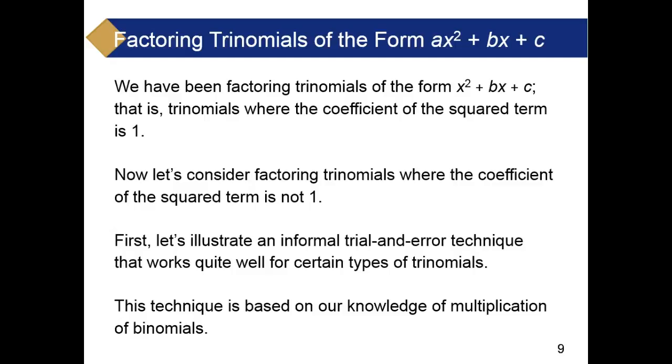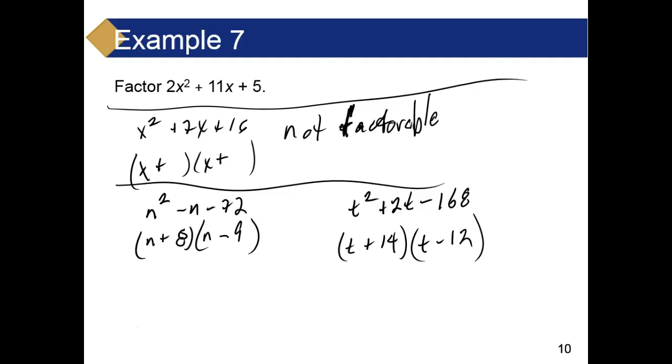First, let's illustrate an informal trial and error technique, and frankly, that to me is the way to go on most of these. That works quite well for certain types of trinomials. Now notice it's trial and error. Expect to get these wrong on your first try sometime, okay? Keep testing, checking, make sure you get it right. This technique is based on our knowledge of multiplication of binomials, which of course we've already done. We usually do that by